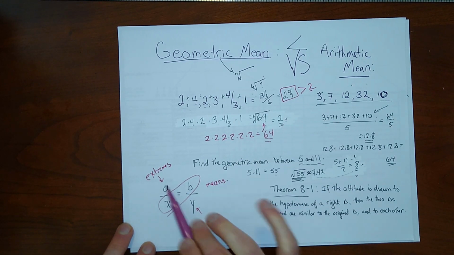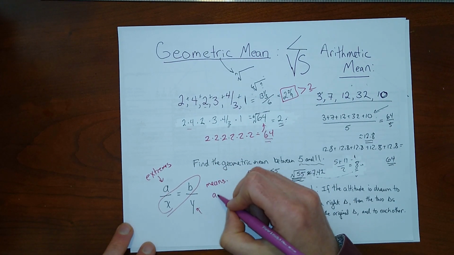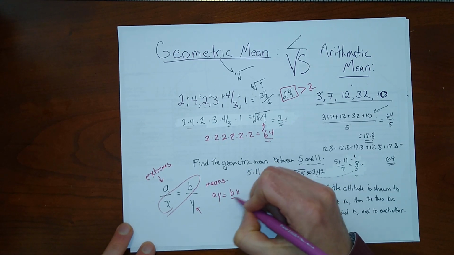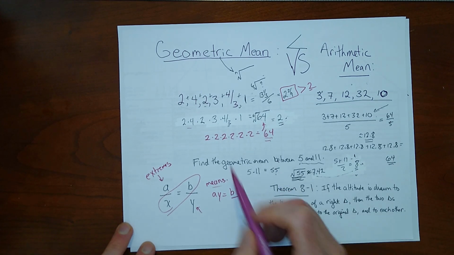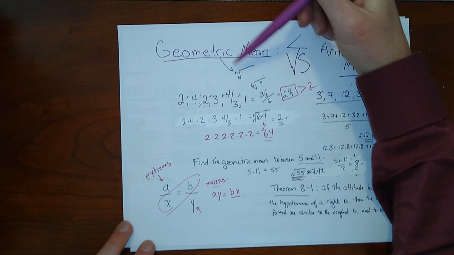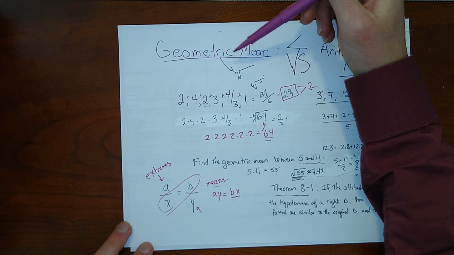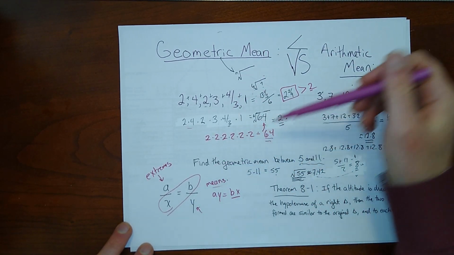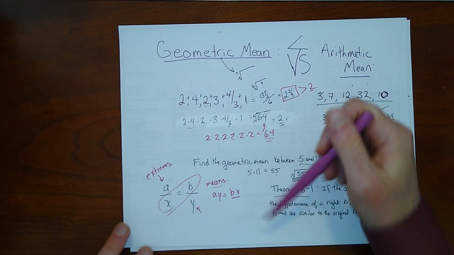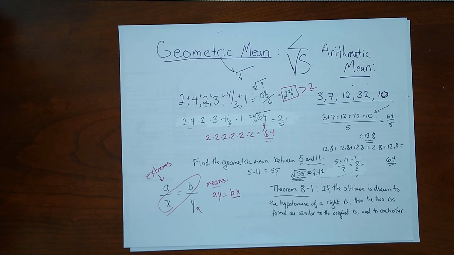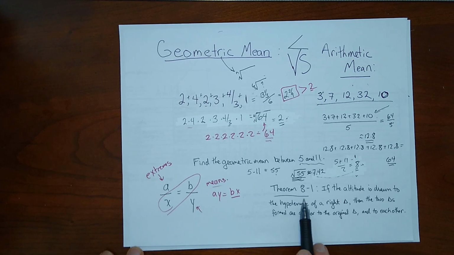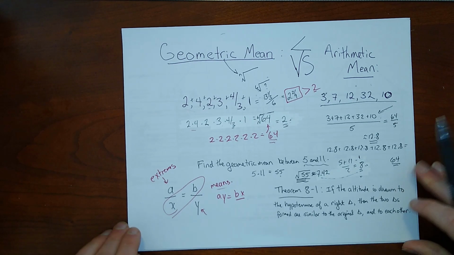And if I were to cross multiply this proportion, I would be multiplying these two means. I'd be multiplying these together and getting some product. Well, that's pretty much what we're doing when we're finding the geometric mean. We multiply two terms and then take the square root of it to maybe solve for something. So where this comes up is in situations like those described for the first theorem of this chapter, which is